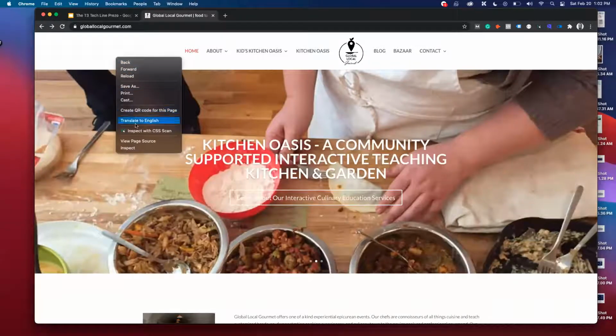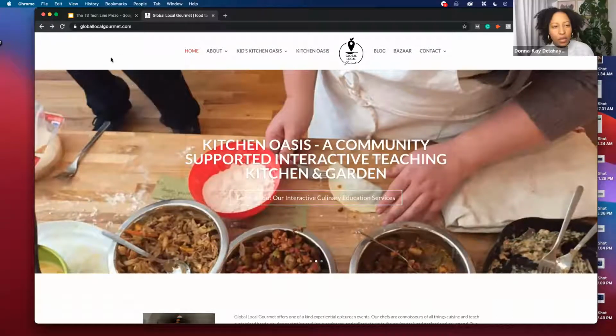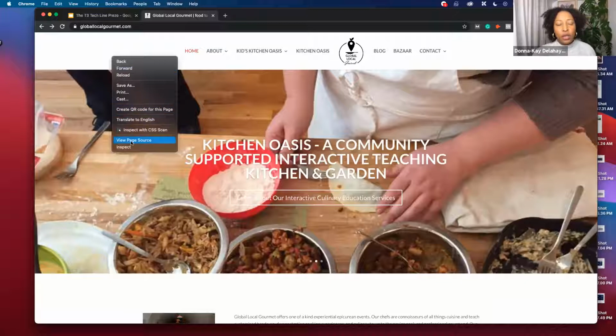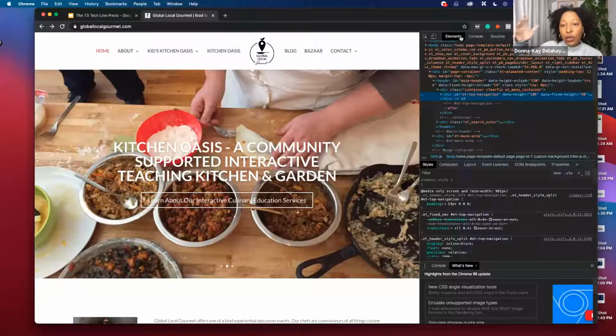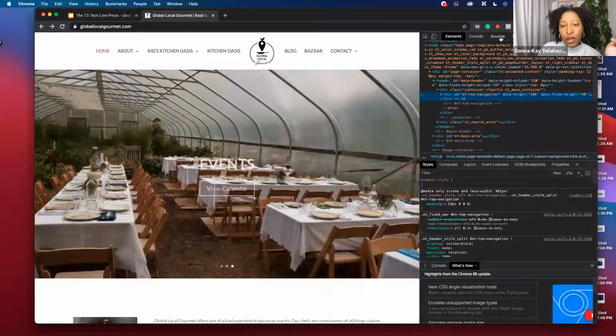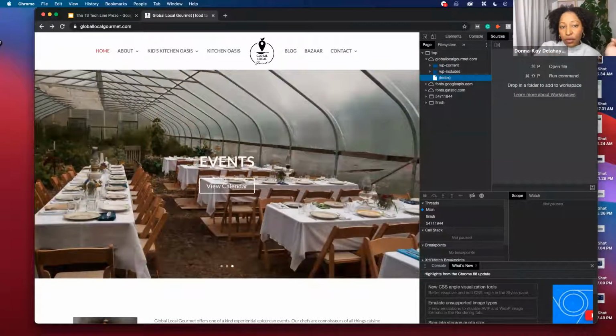But if your theme is mobile friendly, and nowadays most website themes are, you can pull it to the size of a tablet, you can pull the screen to the size of a mobile phone, and that's how it should stay when we go on these devices. So it should show you, as you pull the screen back and forth, if the theme you're using now on this website is mobile friendly or responsive.